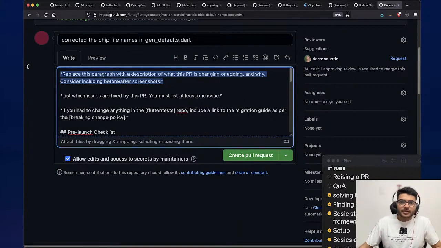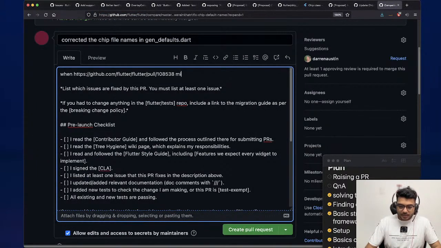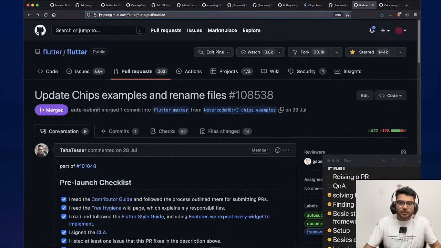So this first says to replace this paragraph. So now how to raise the PR? This is just replace the paragraph with the description of the PR by changing, adding, or fixing. Consider including before and after screenshots. Before and after screenshots are not required because this is a UI-specific thing, but we can still add the description that this PR migrated or renamed,